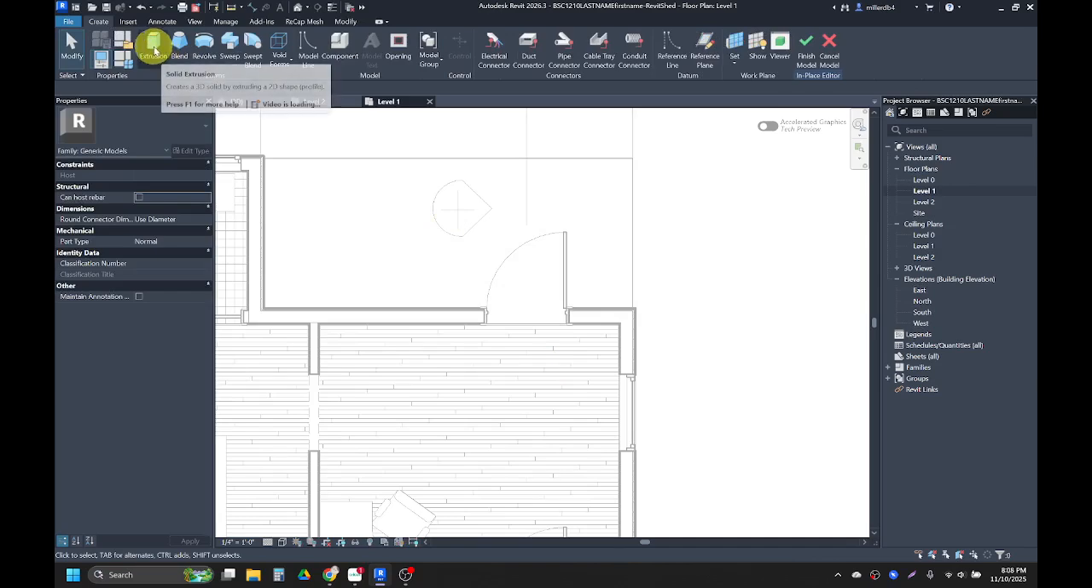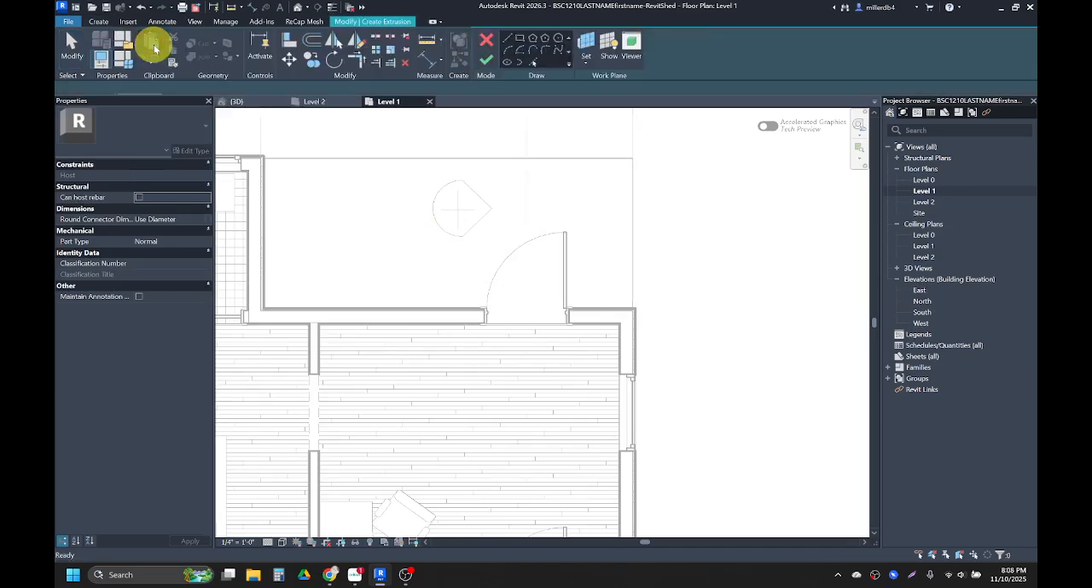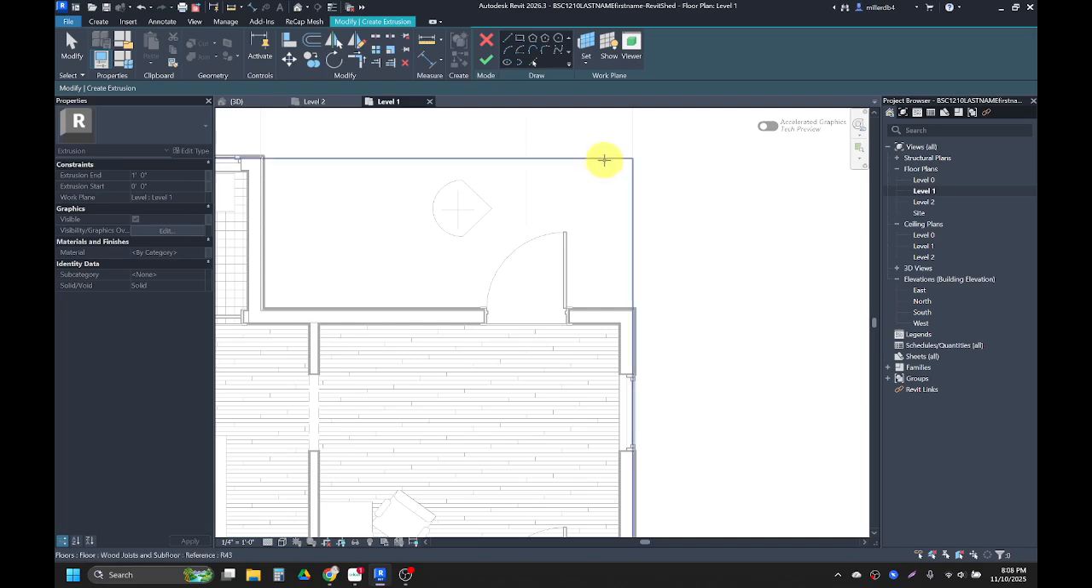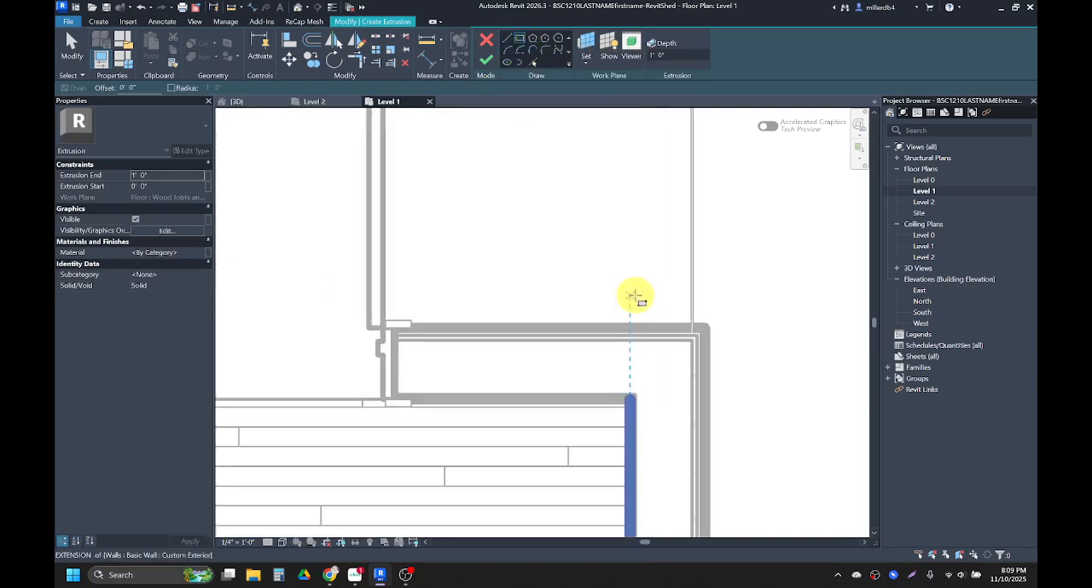And then I'm going to create an extrusion. I also want to set my work plane. So I'm going to click on set, or that arrow underneath set, and say pick plane. And I'm going to click on this floor. And then I'm going to create a rectangle